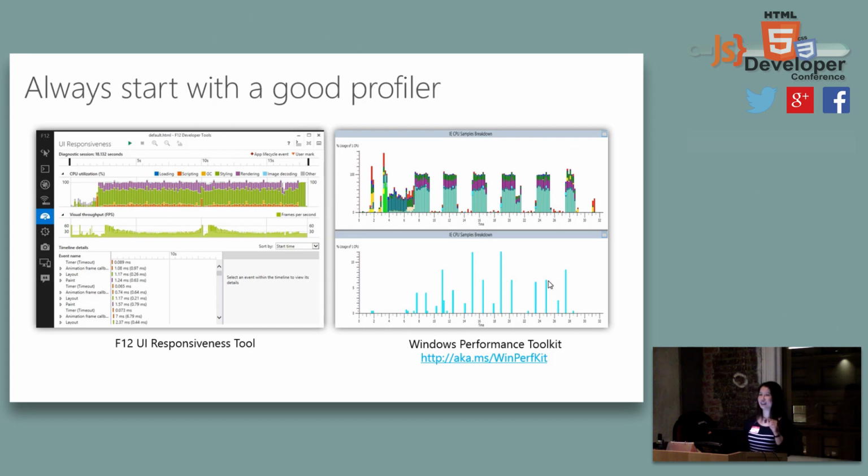So this is a tip if you want to test your user's scenario. You do want to look into that. CPU is a good indication of battery life, so the Windows Performance Toolkit is a good tool to look into that.